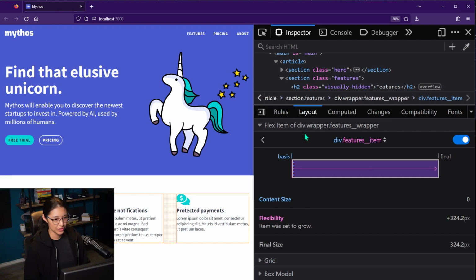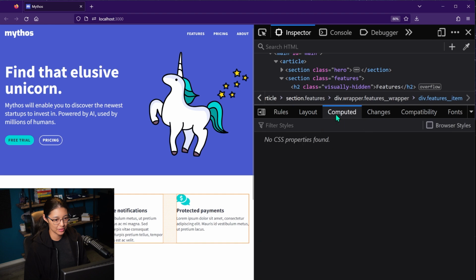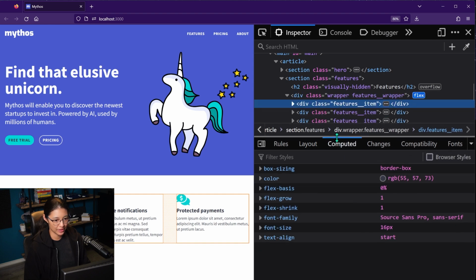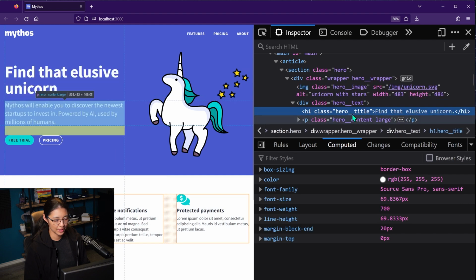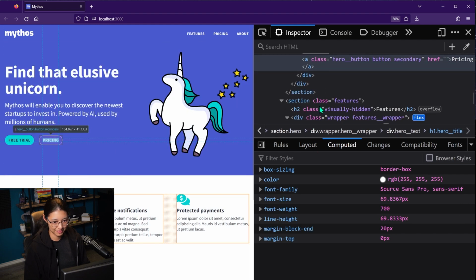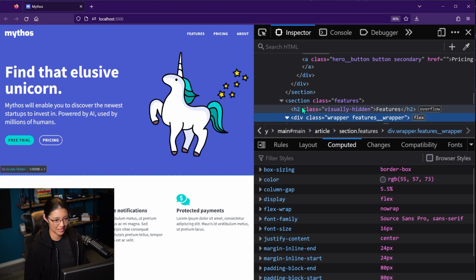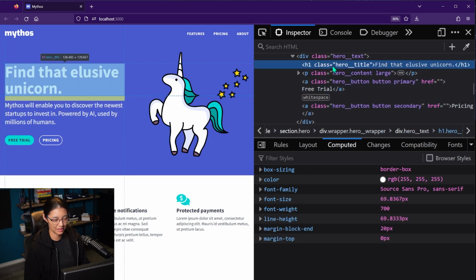All right, so next to the layout tab is the computed tab. So let's go over there and take a look at that. And I'm going to inspect the H1 tag again with that. Actually, let's turn off the Flexbox highlighting so we don't get that weird bug again. Okay, so we got the H1 tag selected here.